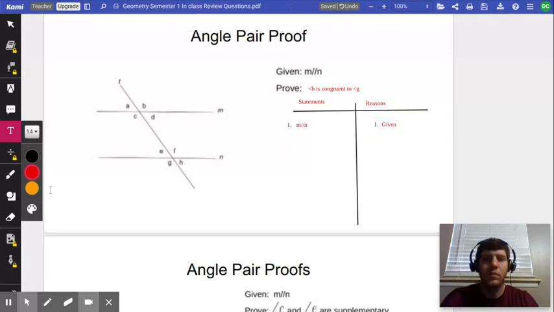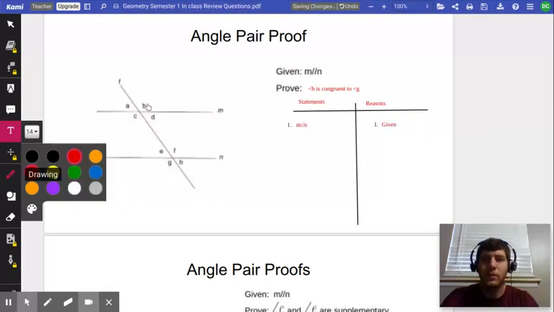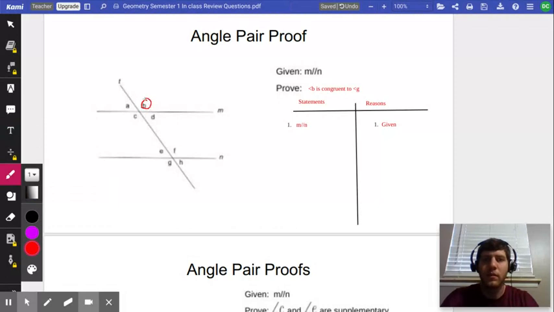Step 2, so we're trying to get from B to G, so let's start at B. We can pick anything that's congruent. Again, we can do corresponding and then vertical again, but let's just do vertical and then corresponding to switch it up this time. So we'll do B and C are congruent by vertical angle theorem, and then C and G are congruent by corresponding angle theorem. And then again, since they're both going to be congruent to C, we can use the transitive